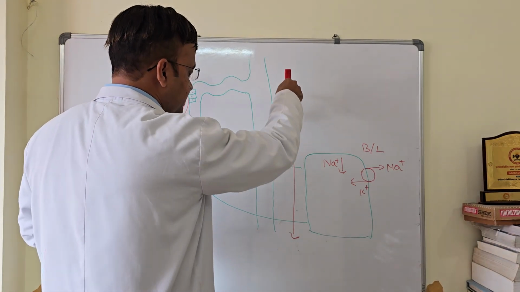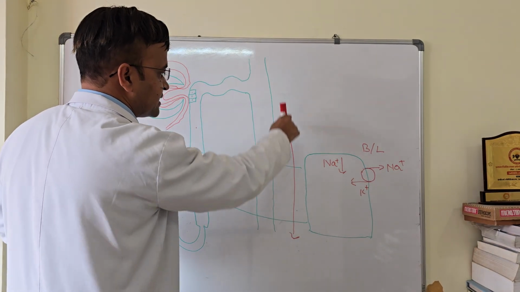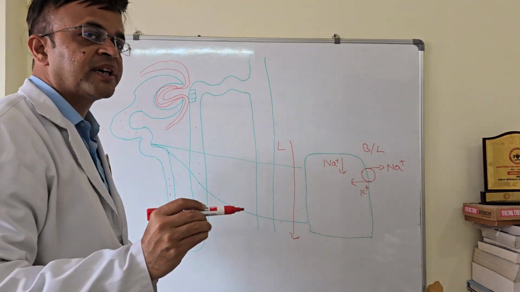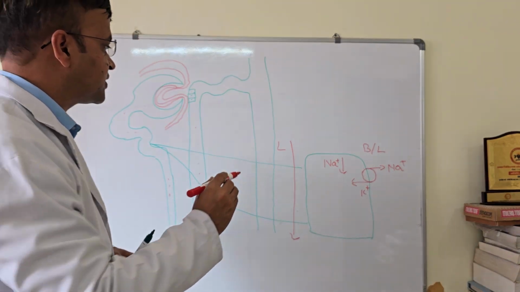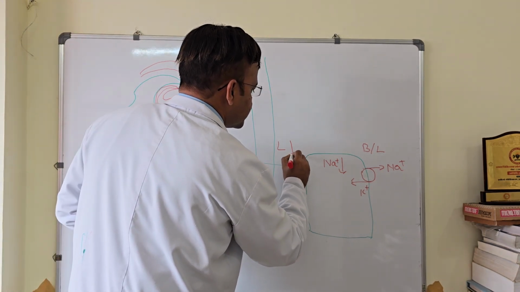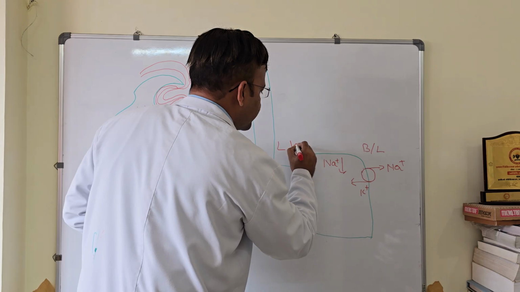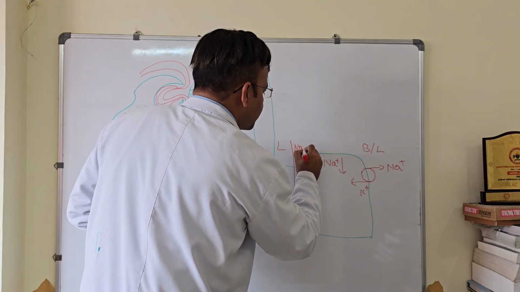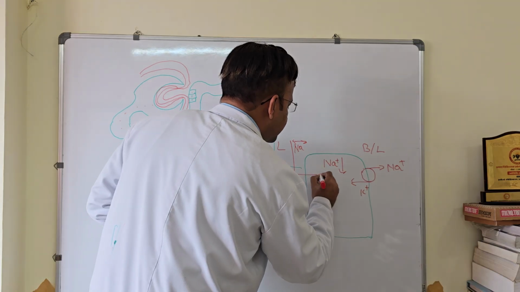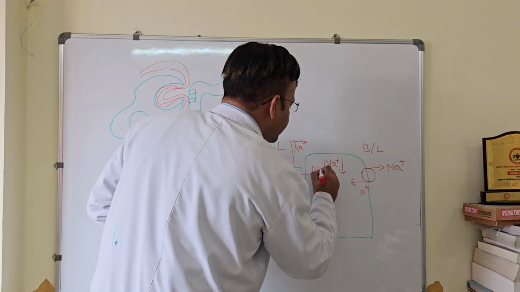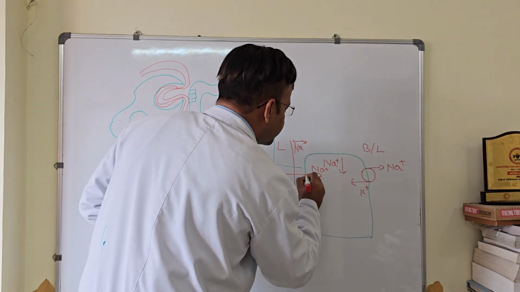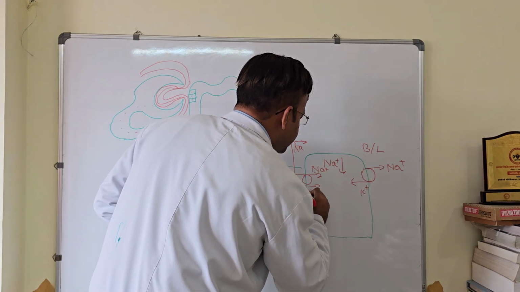The filtrate is having the same amount of sodium which is present in plasma, 285 milliosmoles, right? So there is a gradient. Here the sodium level is normal, and here the sodium level is decreased. So the sodium will use that gradient to pass through, but it will also take the other constituents with it, like amino acids,